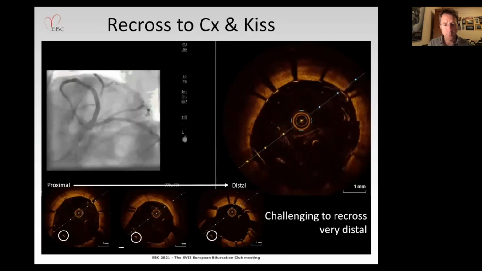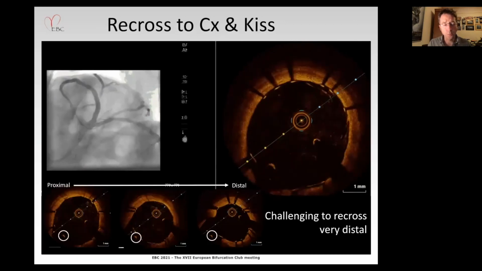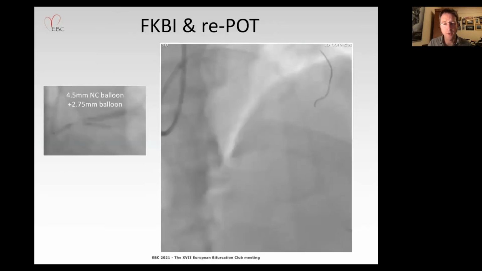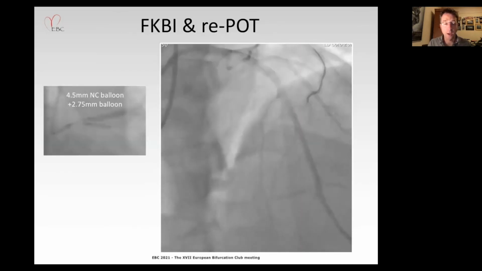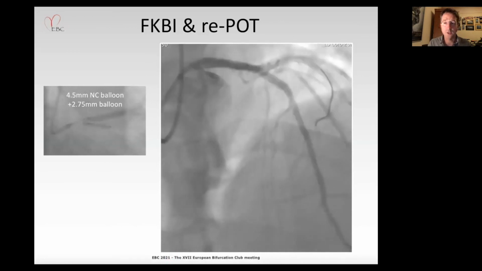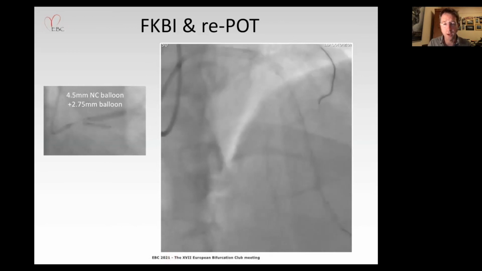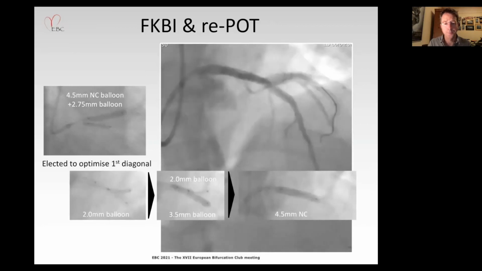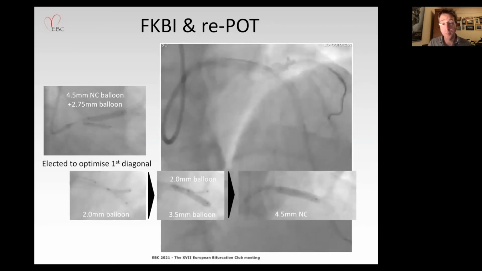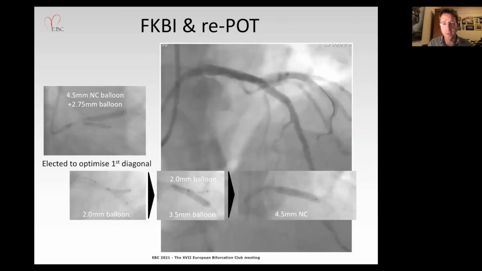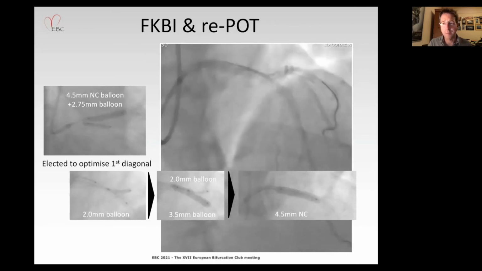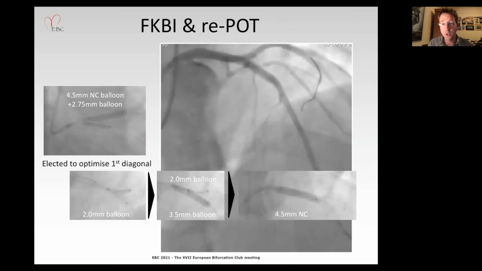At this point, the OCT is used to confirm a cross of the wire, which actually was quite challenging in this example, and took multiple passes, and I never quite got as distal across as I was hoping to achieve. But ultimately, accepting the passage that I achieved, I undertook a 4.5 by 2.75 kissing inflation to clear the struts across the circumflex, and then went on, due to pinching of the diagonal branch, which you can see in that cranial projection, to also kiss into the diagonal, again making use of this Tansei technology, which is